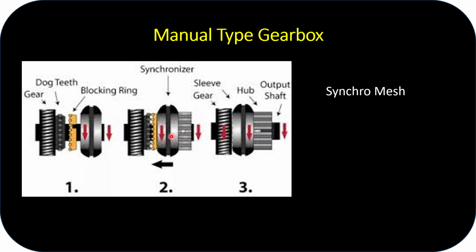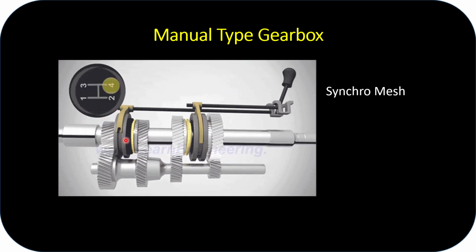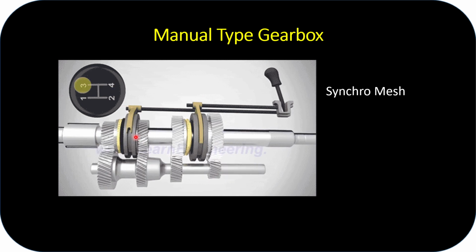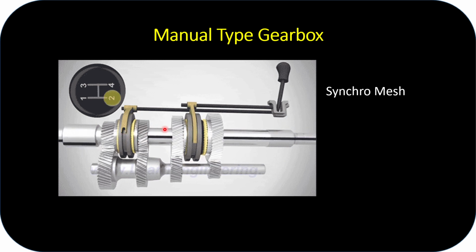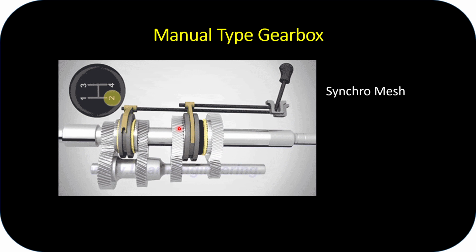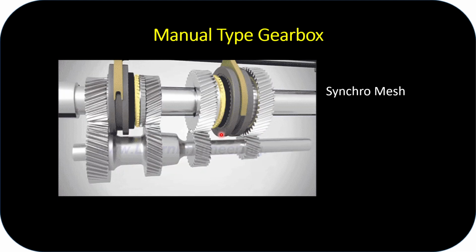Then the synchronizer also moves towards the system. Then each part is joined together and it will again rotate as a single unit and that gear is selected, like a smooth transmission from one gear to the other gear, and hence it is synchronized mesh. And this is the fourth gear, that is here small gear is mated, this fork is towards this side. Then this is the third gear, that is gear changing fork is moved towards here. Now it is neutral position. Next this fork is moved towards the second largest gear, and next this gear is moved towards the largest gear, that is the first gear.